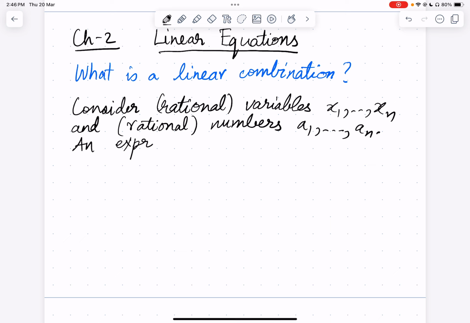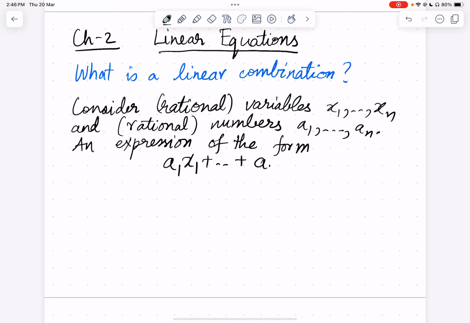An expression of the form a1 x1, I'll write it in the next line. An expression of the form a1 x1 plus so on plus an xn